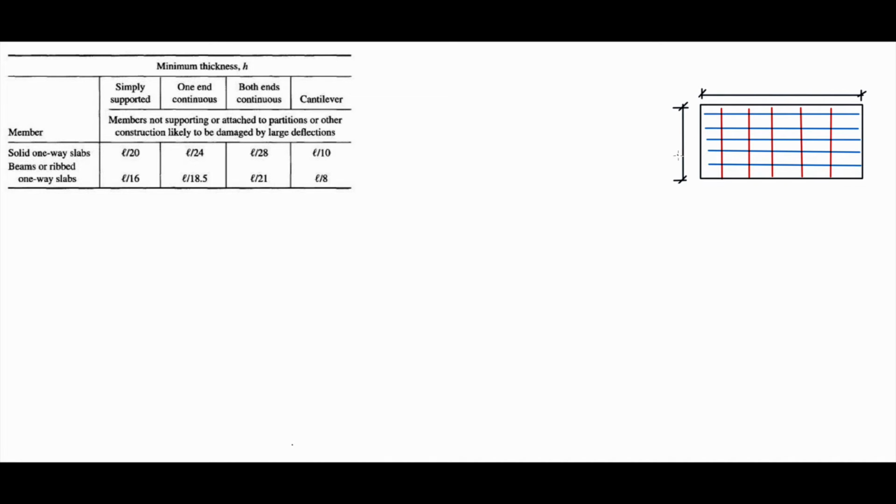A one-way slab is defined by the width, which is B, and the length. The ratio of the length to the width is 2 or more. When the length to width ratio is 2 or more, that means it is a one-way slab. And when we say one-way slab, that means the direction of the load is one direction, which is the short direction. Then this slab will bend like that,